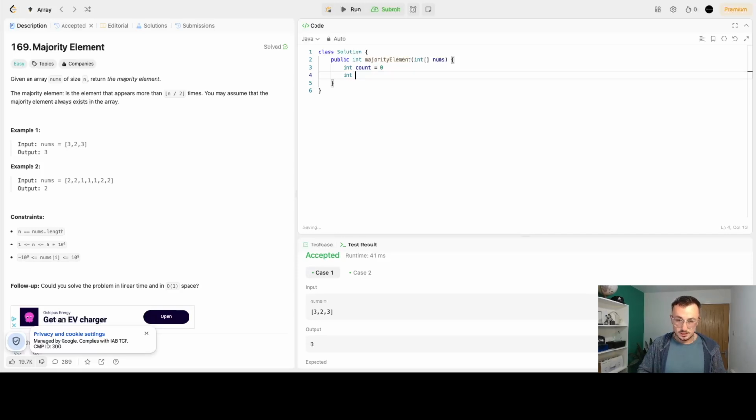Secondly, we need an int which will be the candidate, and we'll set that equal to the first item in nums basically, and then we want to loop over each item in nums. So int i equals 0, i is less than nums dot length,